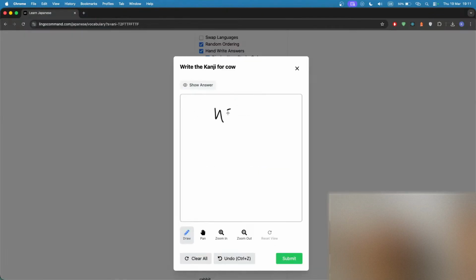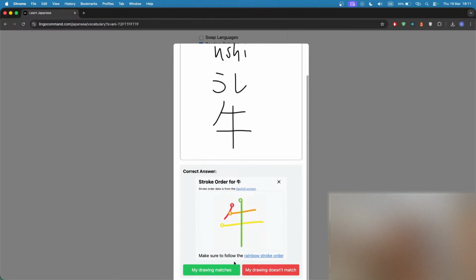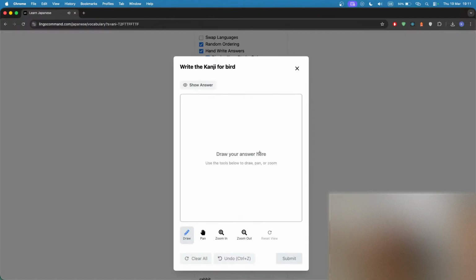So cow is ushi. Ushi. And it's, as George pointed out, 1, 2, 3, 4. That's a 4-stroke. Then bird is tori. Tori. Let's write the